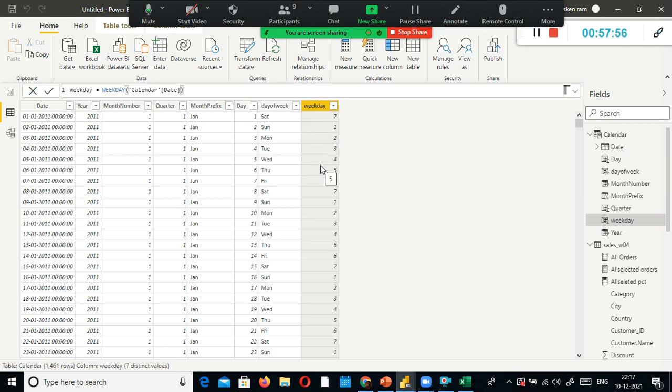When you create a visual, for example a bar plot, and plot the day names on the x-axis, it sorts the values in alphabetic order. For example, after M for Monday, T comes, but F comes first, right? So it sorts this text value in alphabetic order. Instead of doing that, behind the scene we are generating some weekday value here.